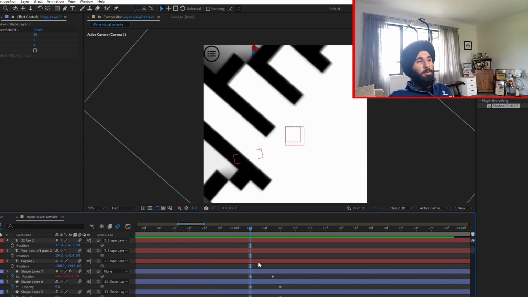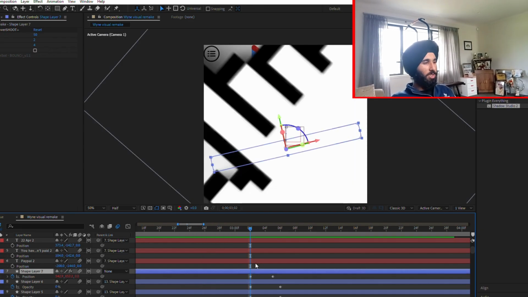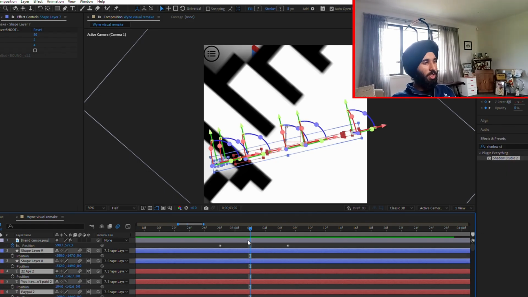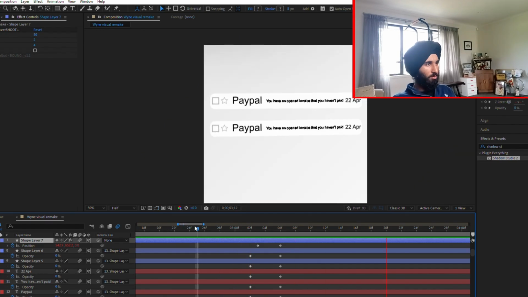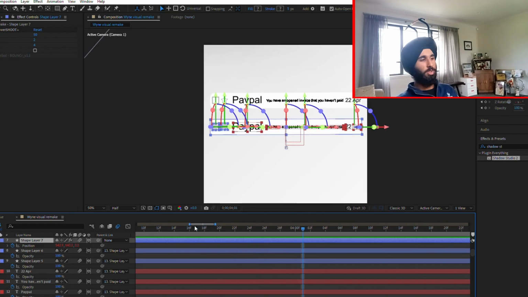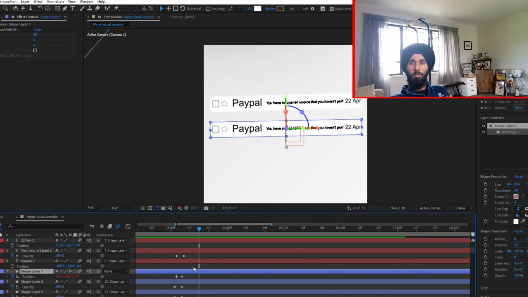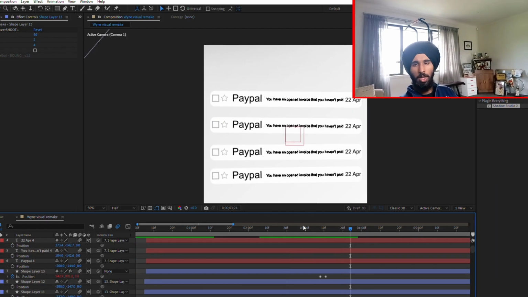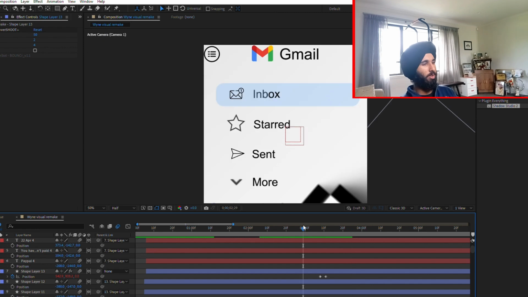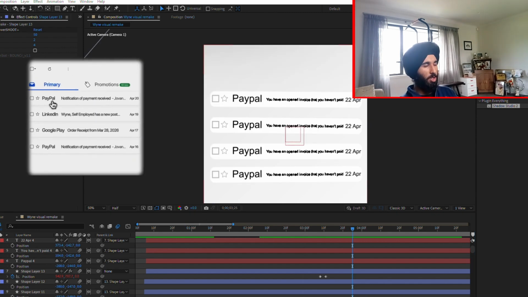So now for the build-up effect, we kind of want to select every single layer that we've just duplicated and move it across a few frames just so it creates a come-in effect. Yep, I think that looks good. Now we just do this a couple more times for the next ones. And we've got that fade-in effect. I'm not going to worry too much about the primary and promotion part because it's all the same thing. So we're going to move to the next part, which is